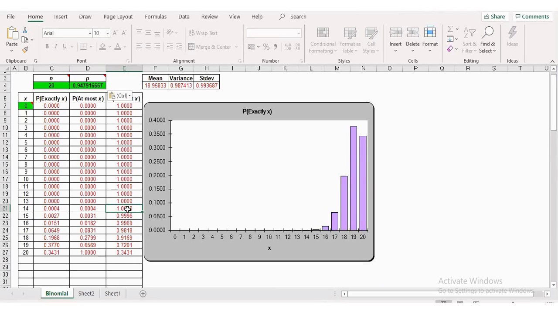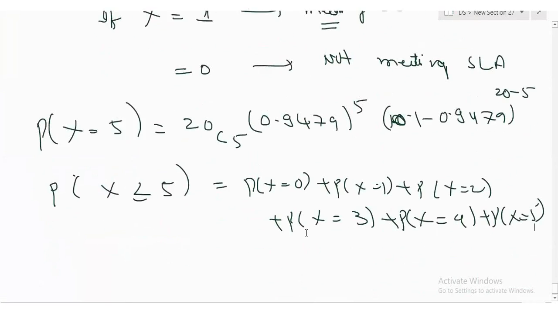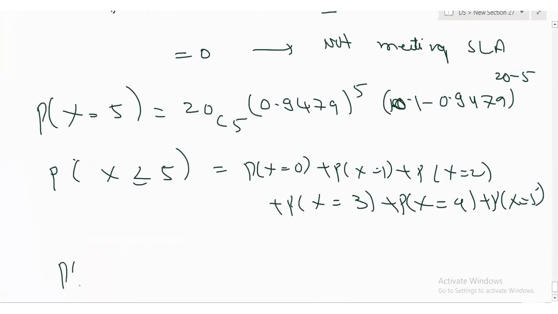If this is clear, now let's come back to our SLA thing. What is SLA? Out of 20 days, they are going to answer the calls at least 90%. What is that confidence? At least 14 days they are going to, I am 100% confident that, let me write it. What is this? What is the meaning of this? How much is it coming? 1, which implies